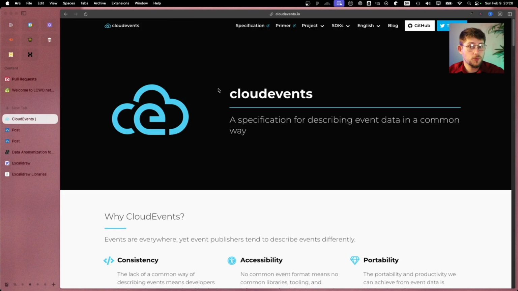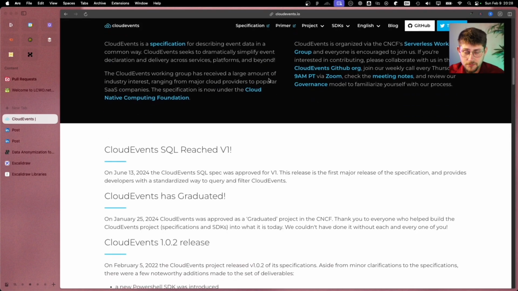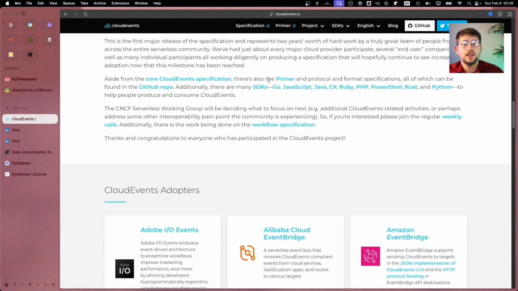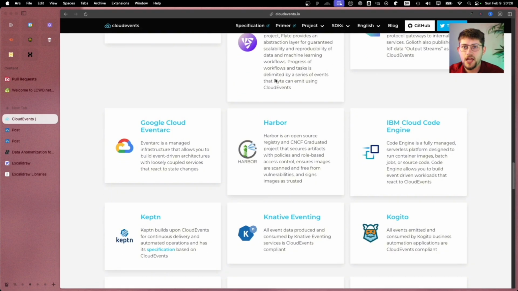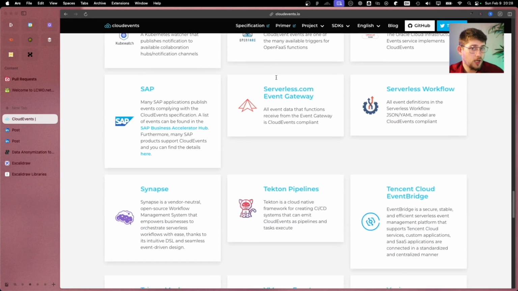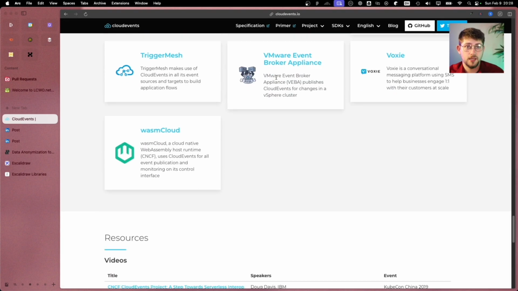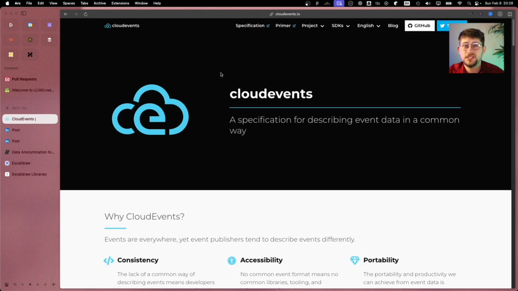Now, CNCF supports a project called CloudEvents. CloudEvents is a standardization of different events that allows essentially multiple systems to talk to each other. And you can see there's a lot of different supported events in here, and there are a lot on the open source side. Not every proprietary system supports them yet. I do see this taking off eventually, as this is quickly becoming the standard in the CNCF community to support having event-driven actions and workflows.